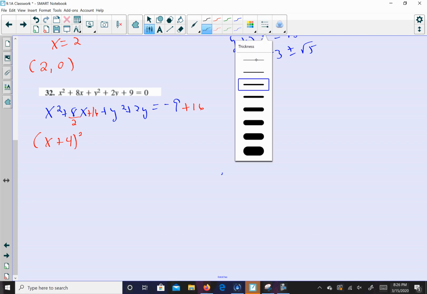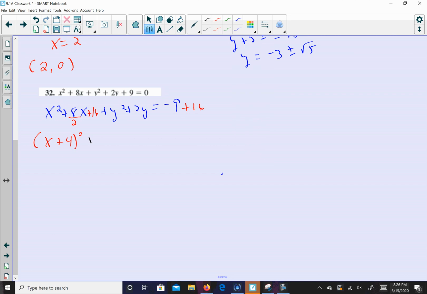Completing the square for the y, I'm going to have plus y. This is a plus sign, so I'm going to copy down a plus sign. 2 divided by 2 is 1. 1 squared is 1. So I'm going to add 1 there. And so when I do this, I'm going to have 17, 8. Now I know my center would be negative 4, negative 1, but